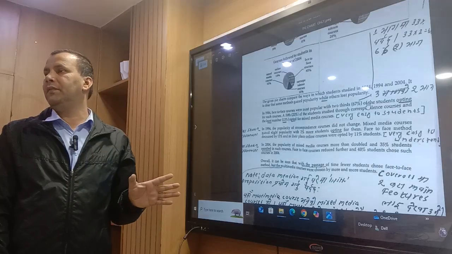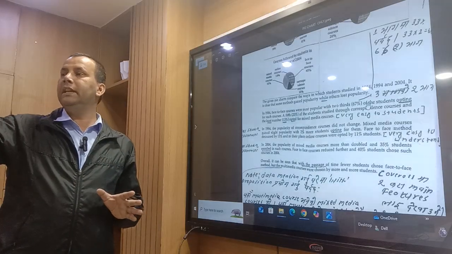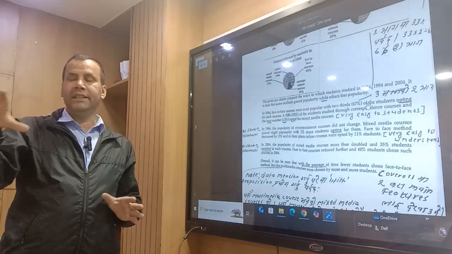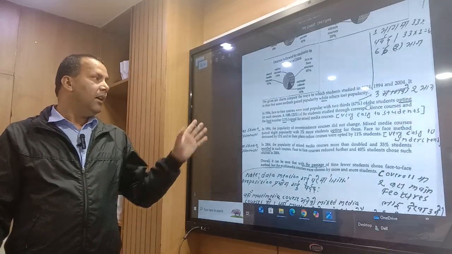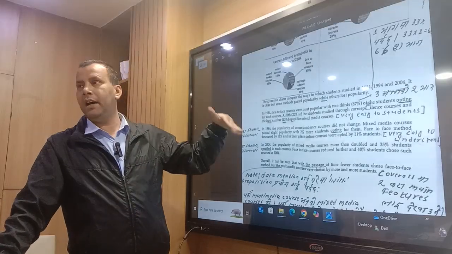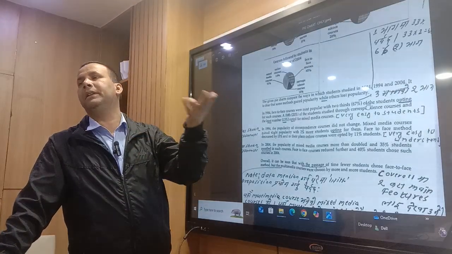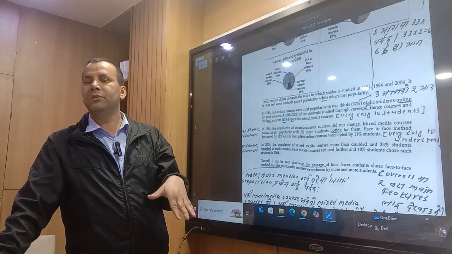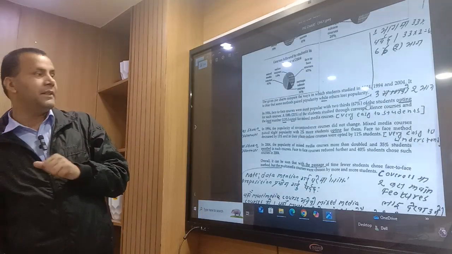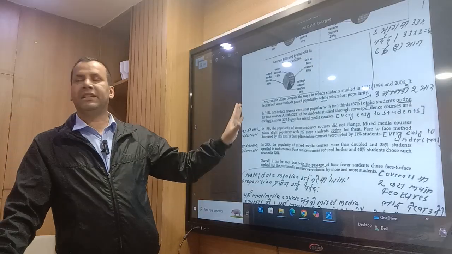This is what? Overall feature. So this overall feature, what you see there, that you have to write. What you see, that you have to write. And after that, in the overall feature you can pick out two pieces of information or four. Minimum two, maximum what? Four pieces of information. Or in this way you have to explain.